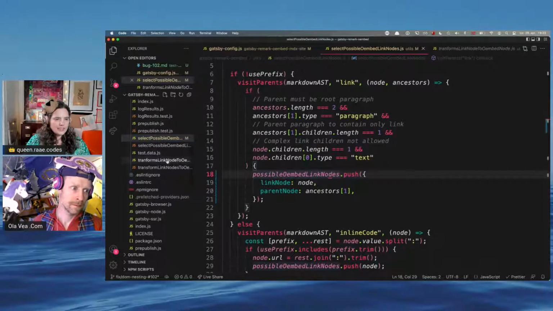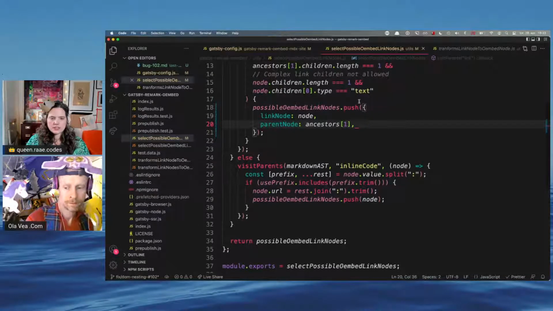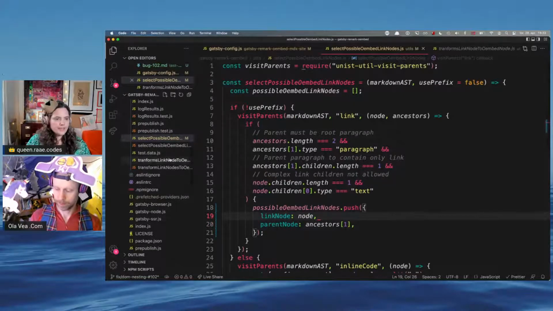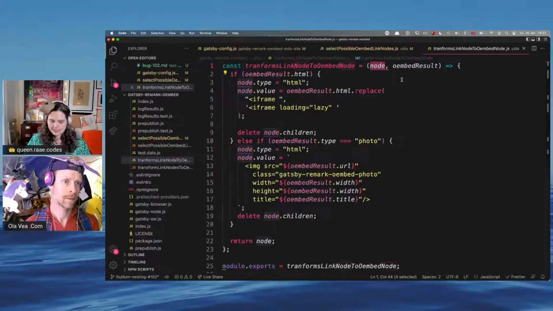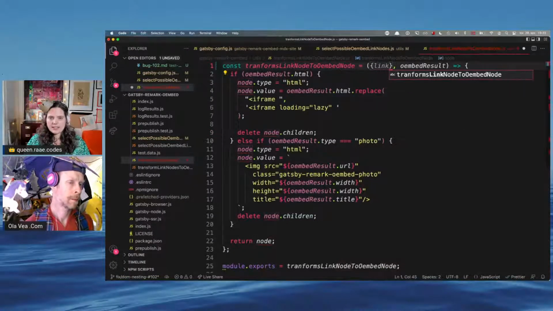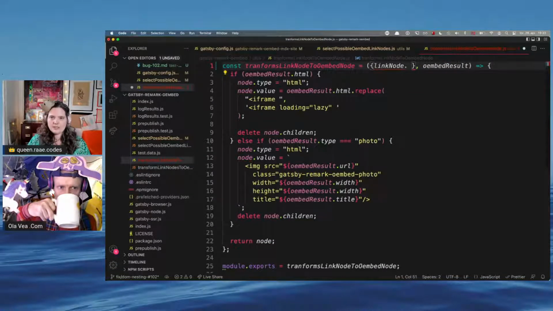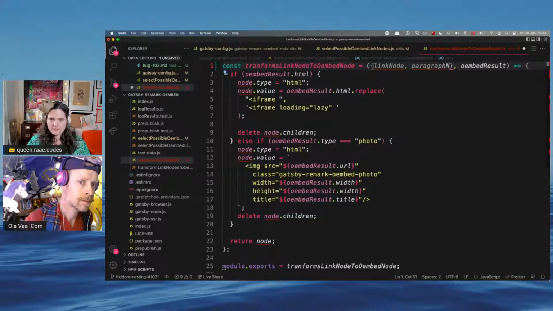And let's see what we get here now in the transform. We also have to fix this for our different case, but anyway, let's just work with the standalone links. Then we go to the transform link node, and we have that this is changed into an object that has link node and parent. No, let's do paragraph node. It's even more specific. Paragraph node.